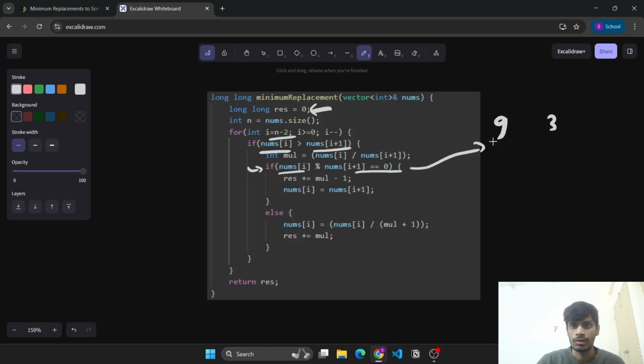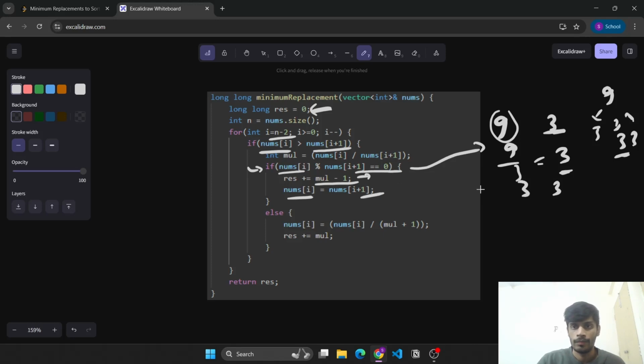So here the mul variable stores 9 by 3 equals 3, but the operations were mul minus 1. Okay, because to split 9 into 3 3 3, we only need two operations. So we will make nums of I as 3 only. So now the array would be 3 3, means we're just updating the value instead of splitting it into multiple